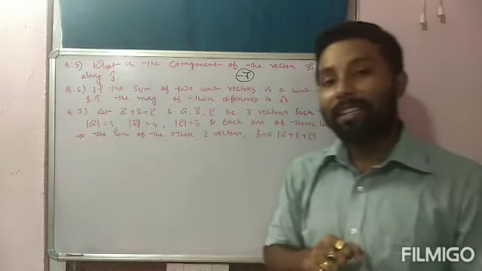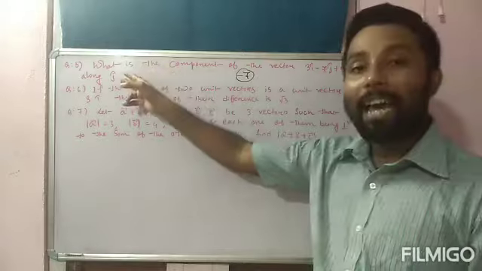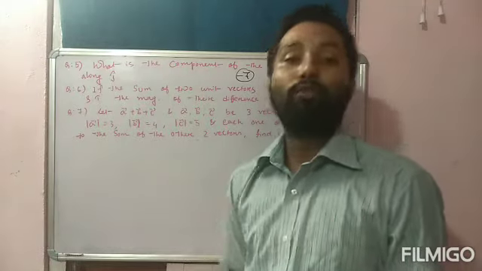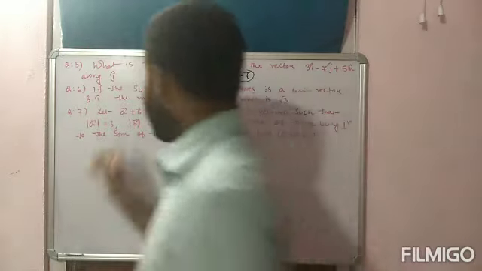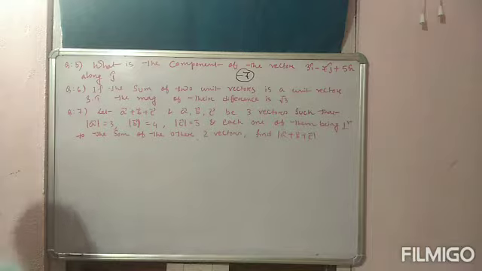Okay. If you are asked to write the component of this vector along k cap, then the answer will be 5 only. If you are asked along i cap, then the answer will be 3 only. Okay. You just have to write the coefficient of that particular direction, right? So this is the solution of this question. Answer is -7. The next question.